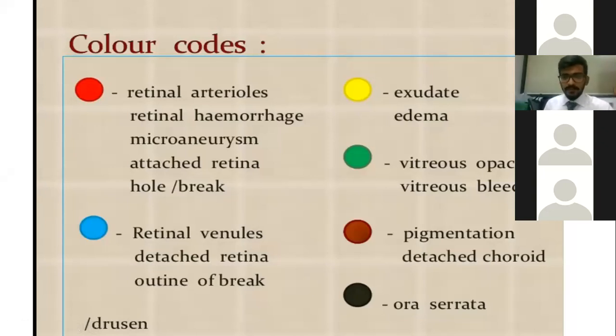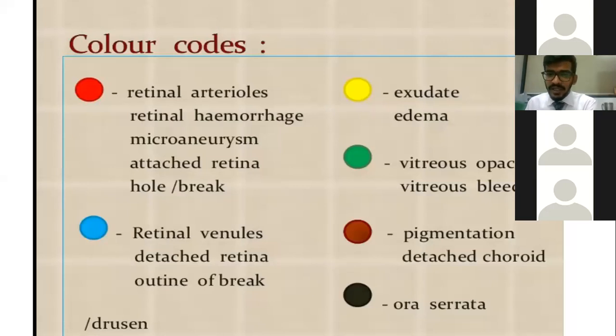So if you have a basic picture in mind and label it correctly, there is no need to argue whether this textbook is right or that textbook is right. Whatever Ashish has told, you can follow that, or whichever textbook you follow, but label it and draw it correctly. Basically the important parts are almost common in all fundus documentation. It is just the uncommon features that you may debate about, whether it's a different color. So attached retina, red; all the breaks in red, the outlines to be blue; detached retina in blue. These are the main things you need to know.